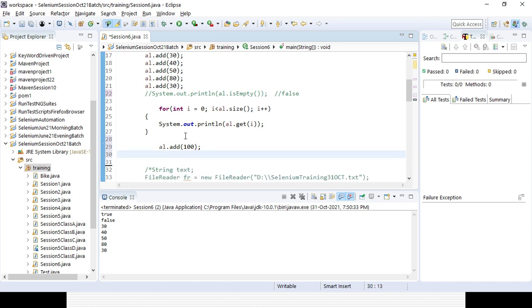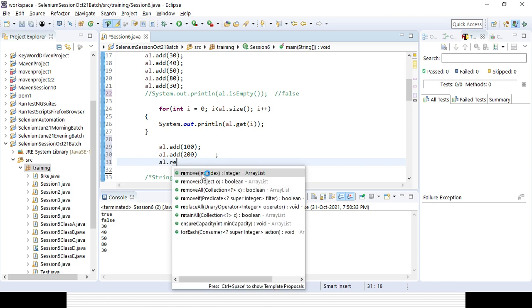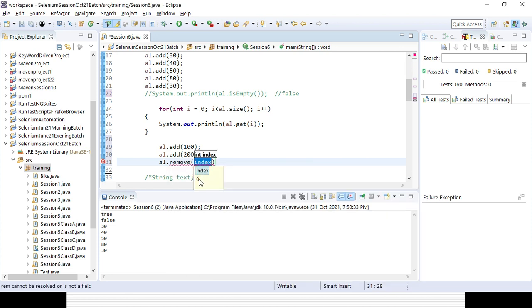Then if you want to remove something, al.remove is the method available here. What do you want to remove? Either you need to give the value or the index. Suppose I want to remove index 1. The index starts from 0, so the second one will be removed, 40 will be removed, right?